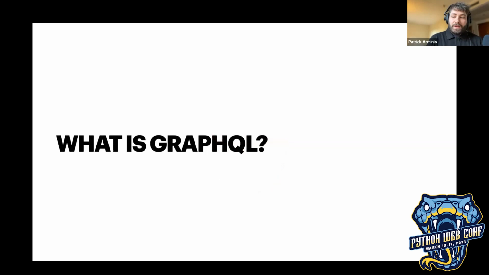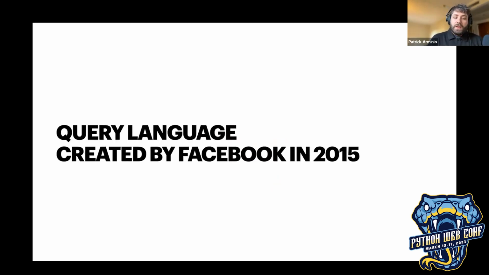Before talking about the myths and how GraphQL works, I just wanted to clarify what GraphQL is and why it was created. GraphQL is a query language that was created by Facebook in 2015, if I remember correctly, or at least it was open source around that time. And it was created because they were having some issues with their REST APIs. They were shifting all their strategy to be, I guess, more mobile friendly.